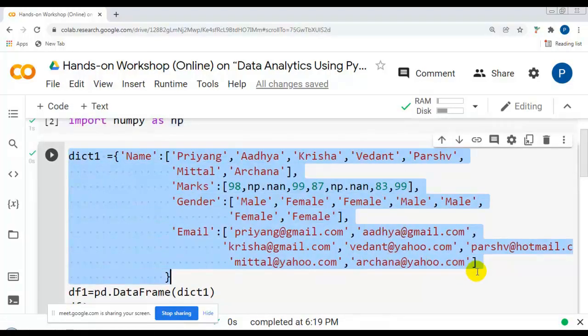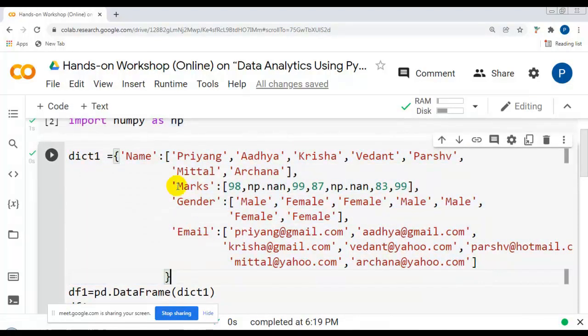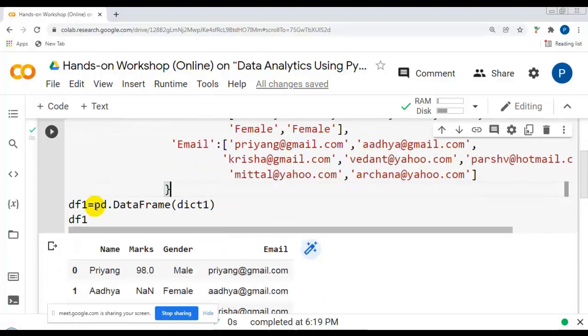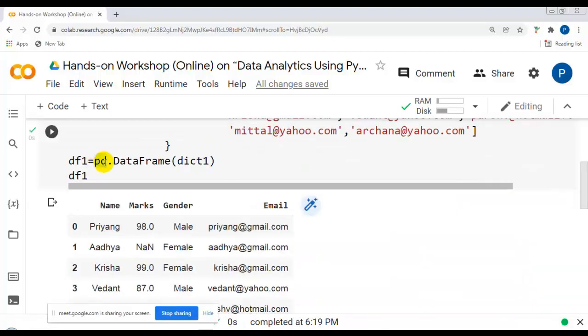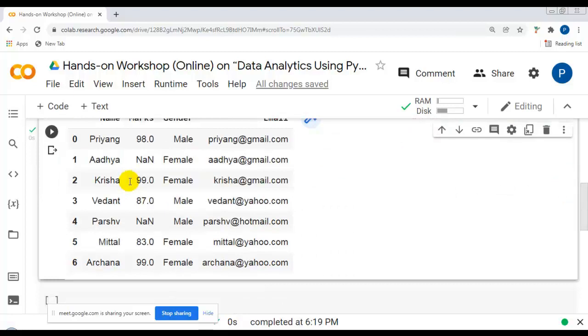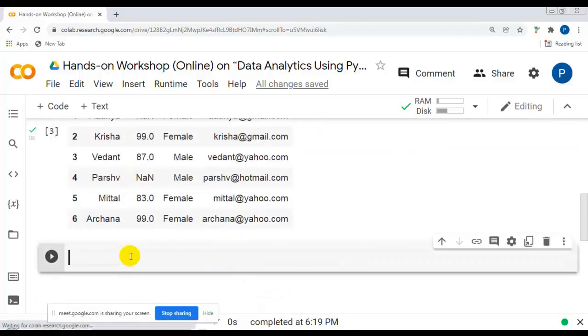Using a Python dictionary, I have created this data frame, very simple: name, marks, gender and email. DataFrame is a method of pandas, and pd is the alias I created for it. That is why I mentioned pd.DataFrame and passed this Python dictionary, and I created one variable df1. By that I have created this data frame that you can see.